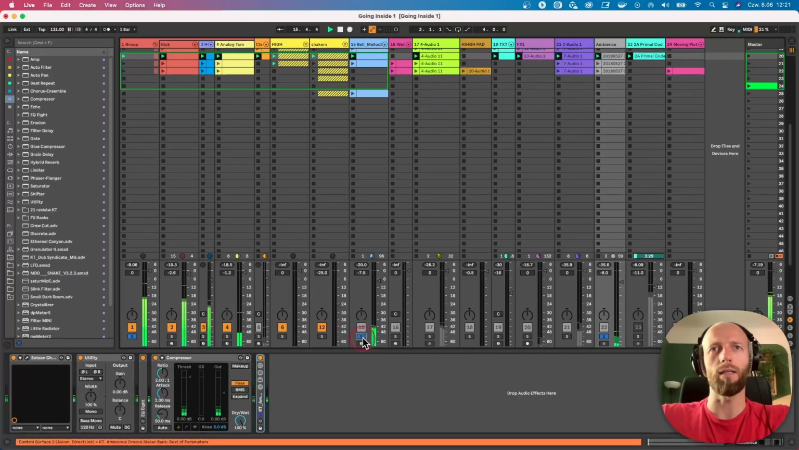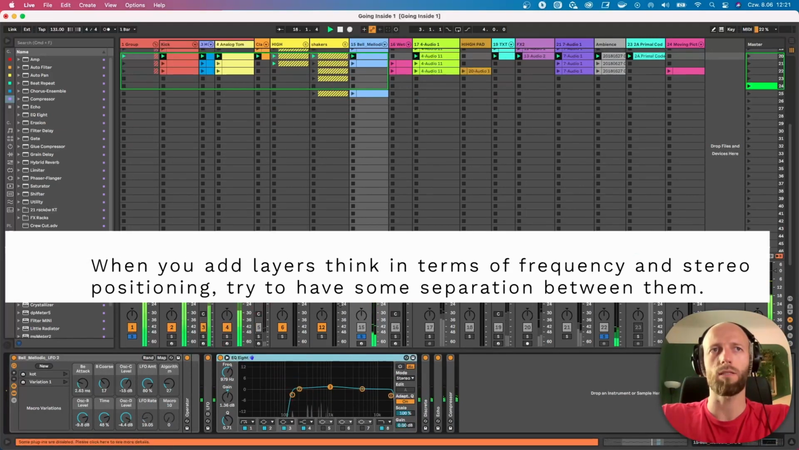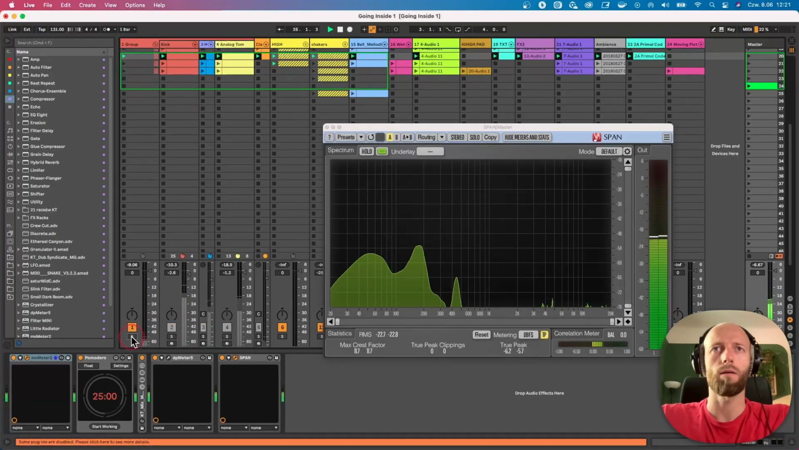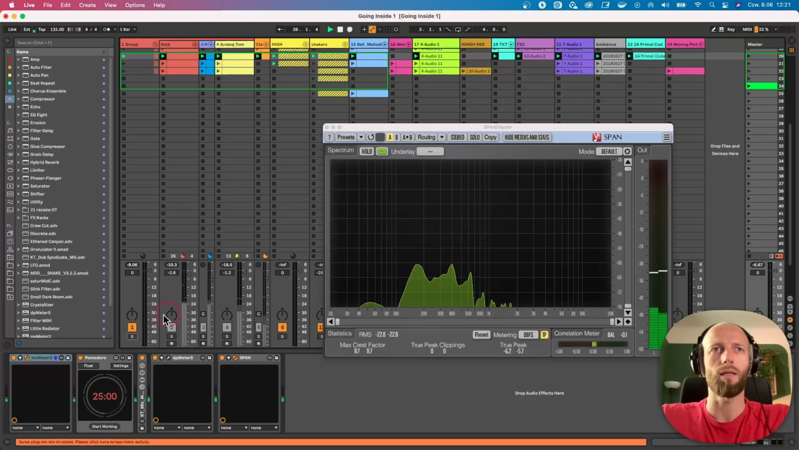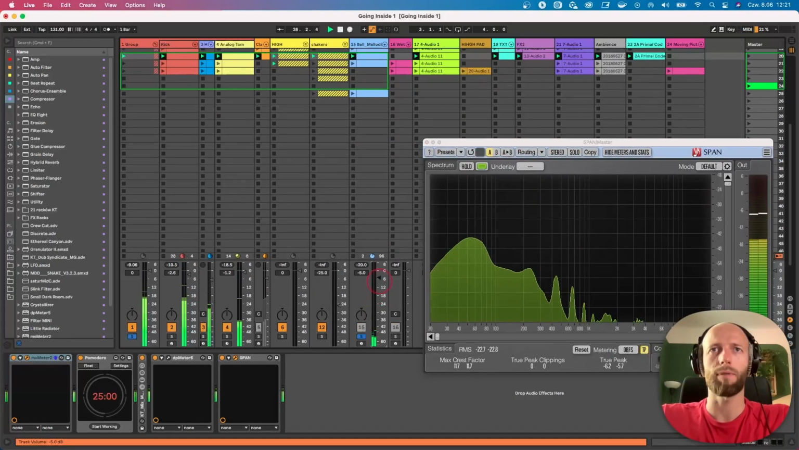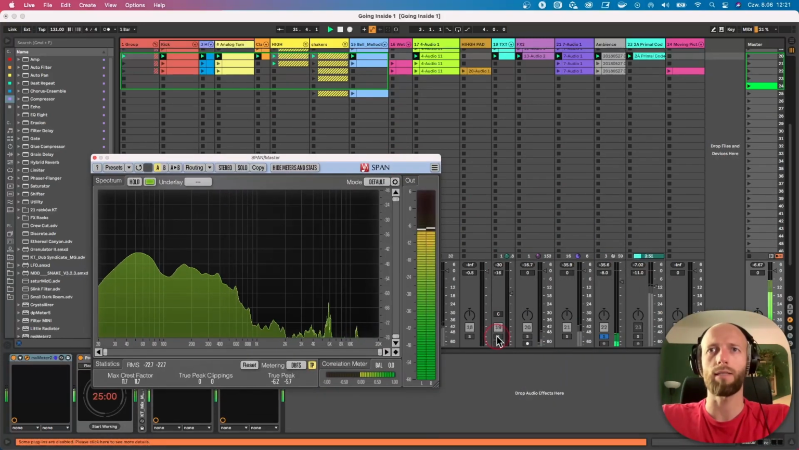So then the lead. This is my lead, and this is important. Lead plays higher than the low end. So if we look at the span, you can see that the lead is higher than the low end. I actually think it could be a tad louder. Awesome. Alright, so then some textures